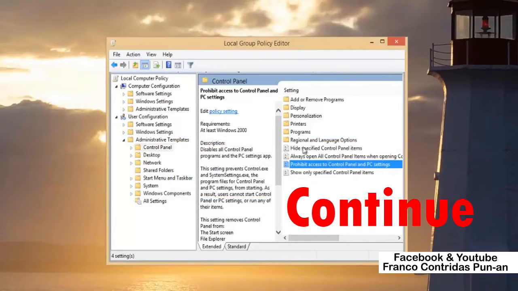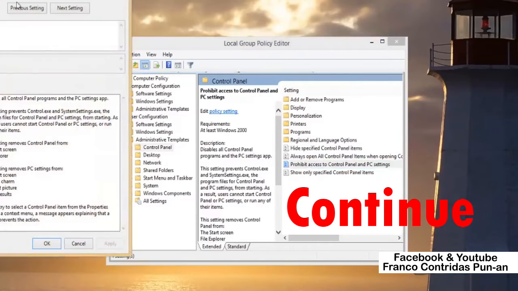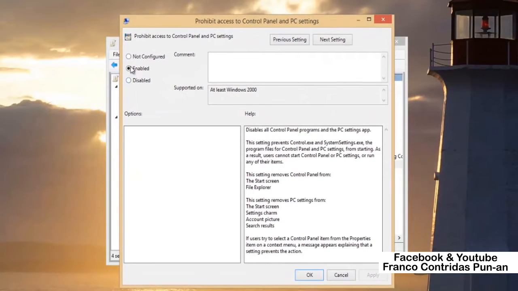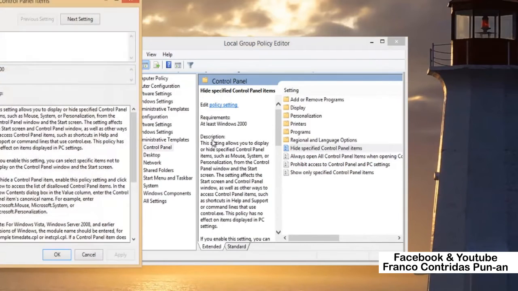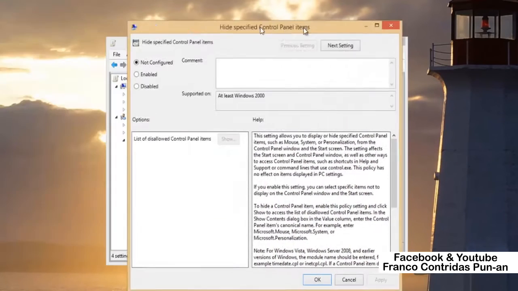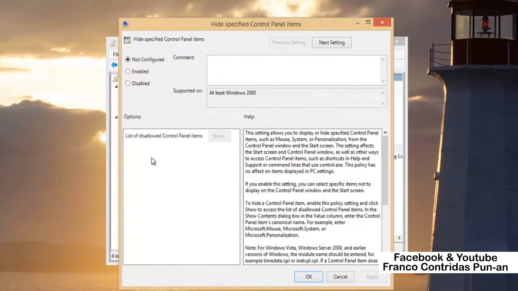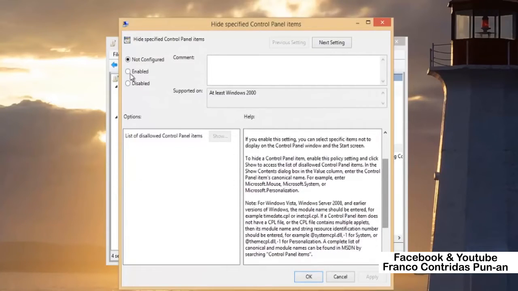So see this option, hide specific control items. You can do this. If you look inside here, it's the same thing, but it's more fit for individual types here. You can see an example of what you need to do. Type the command which should add this into your list. You can enable this, you can show this. Okay,